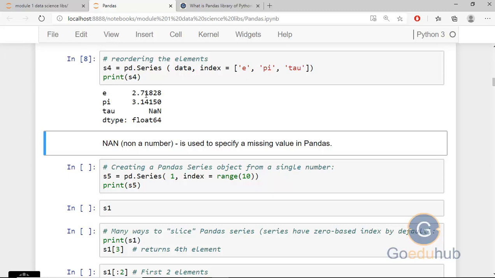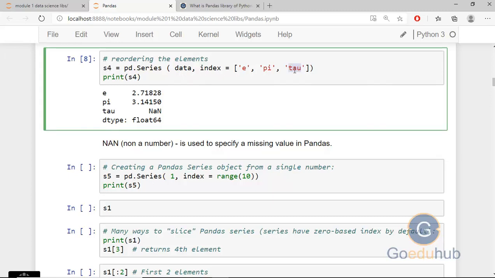So e will be assigned its corresponding value and pi will be assigned its corresponding value, and similarly we have another index here, 2, that doesn't exist inside our dictionary, so it will assign the value NaN. NaN is not a number. It's generally used to specify missing values in pandas. It means we don't have any value at this label.